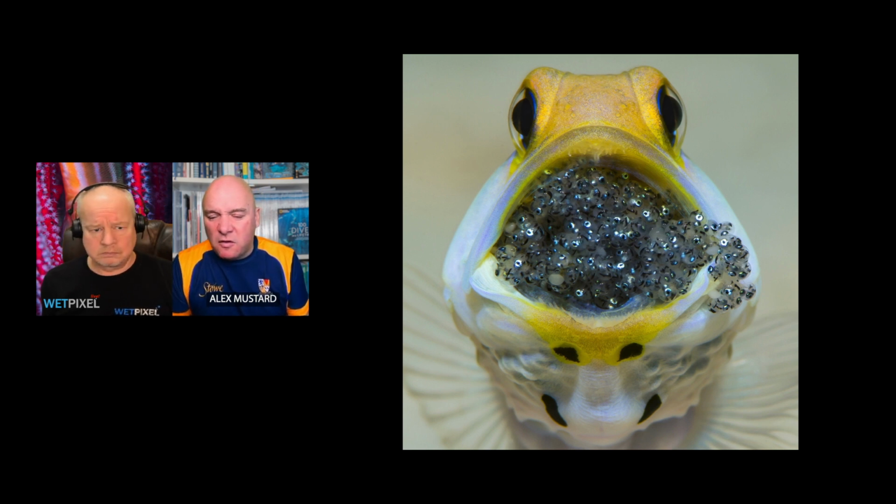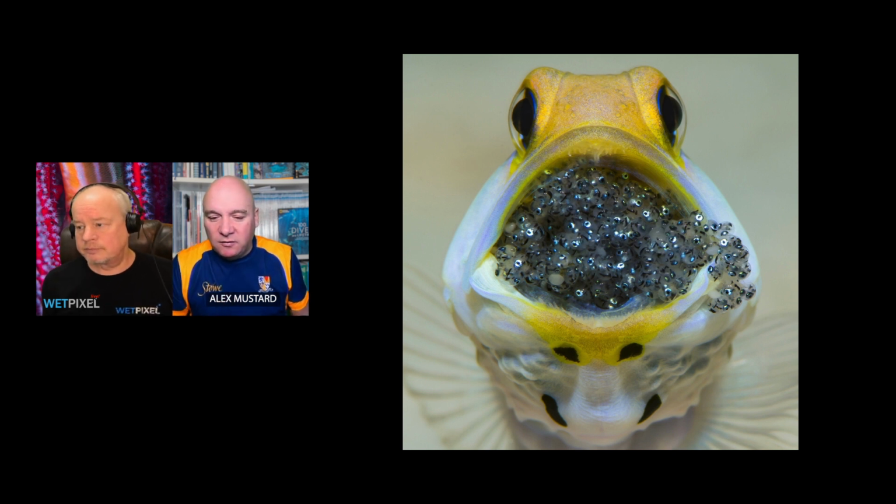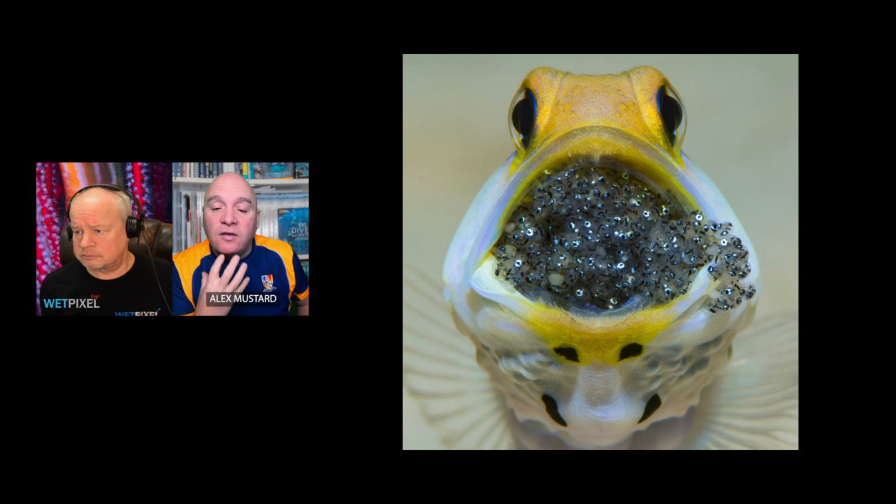This, for me, isn't quite the peak of the action. When they aerate the eggs, the jawfish spit the whole clutch of eggs that you can see inside the throat here. They actually spit them completely out. Now, at that point, you probably wouldn't see much of the face. So I think this is absolutely fine for me, because you can see the babies, you can see the eyes of the adult, and you can see the whole fish of the adult and all those eggs down in the